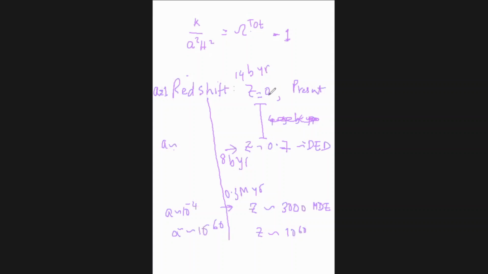So you go from redshift 0 to 0.7, and in between it is approximately 5 billion years. So that means if you see the supernova observation which is at 0.7 redshift, you are looking at a supernova which is 5 billion years old. That's why in IIA they will always say a star at redshift 0.7 means it's a very far object. You need 5 billion light years back, a huge distance.